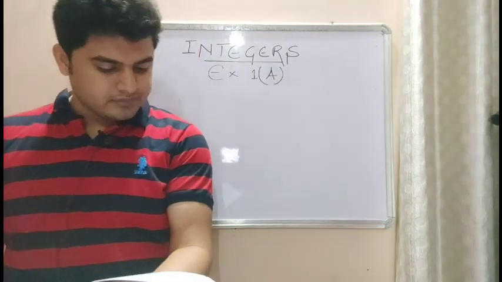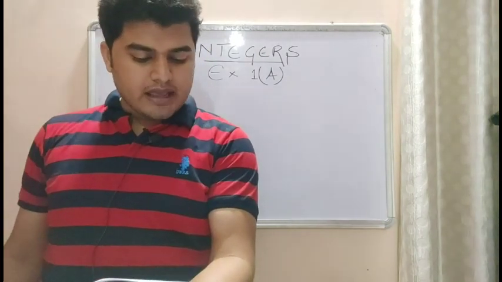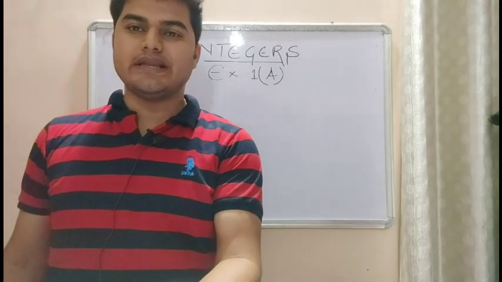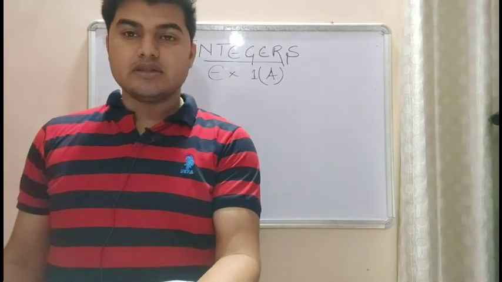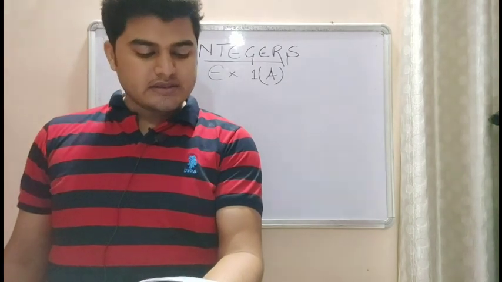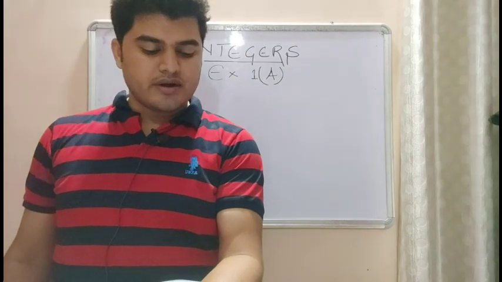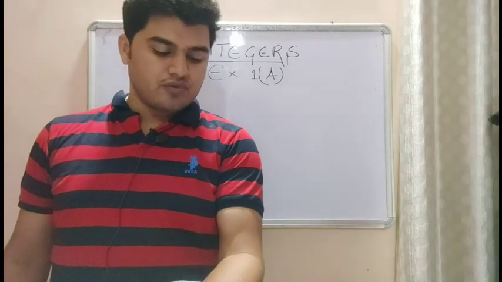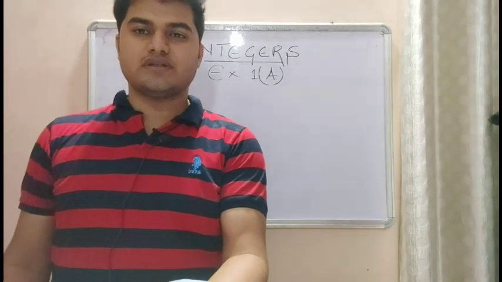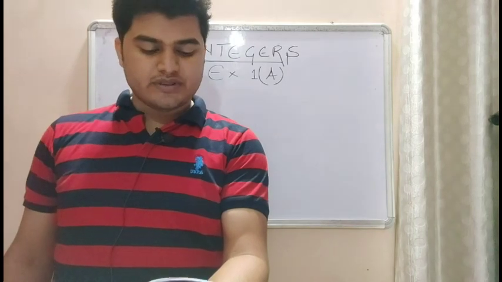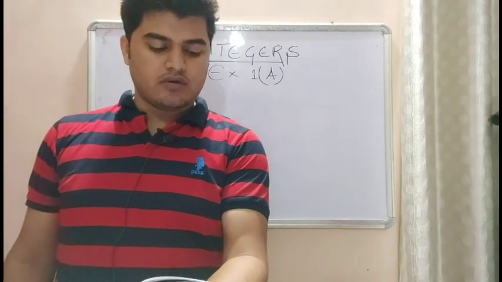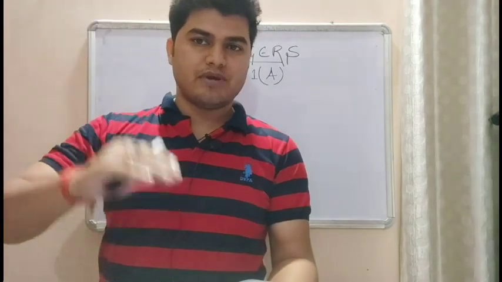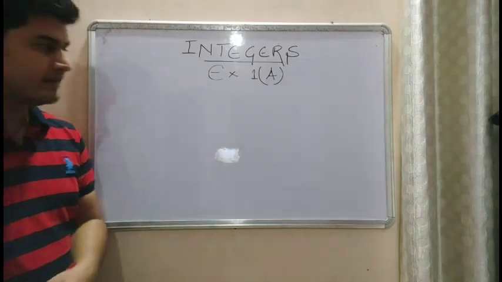Next is question number 10. Question number 10 says that the base of the Hawaiian volcano Mauna Loa is about 13,000 meters below the mean sea level. And its summit is about 4,170 meters above the mean sea level. Find the difference between the elevation of the Mauna Loa summit and its base. So what is the distance between the base of the mountain and its summit? So it is like this.